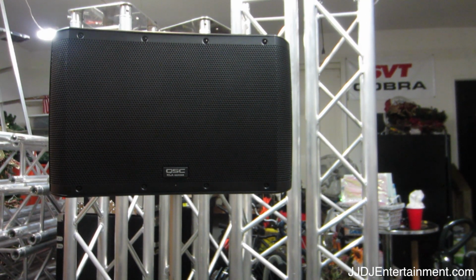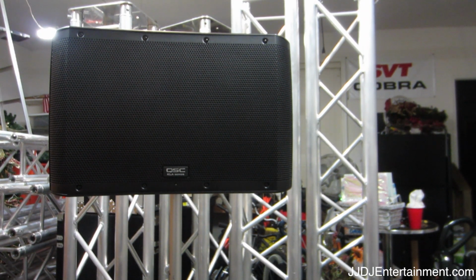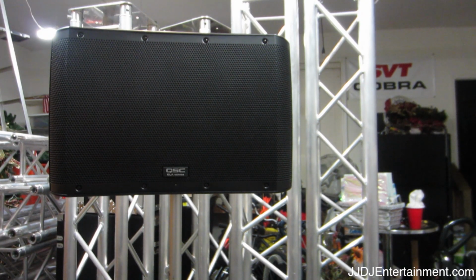So, me being the indecisive person that I am, I took our VRX rig back and I went with the QSC KLA rig. Multiple reasons. First off, one of the biggest things was the price point. For what we would pay for 4 of the VRX 932 LAPs, which are the powered constant curvature speakers from JBL, for only $1,000 more, we could have 6 of the